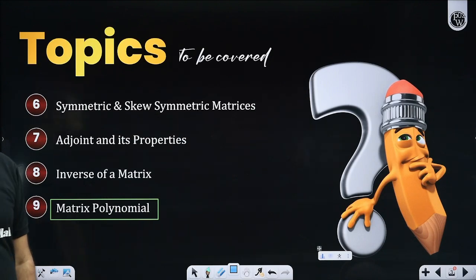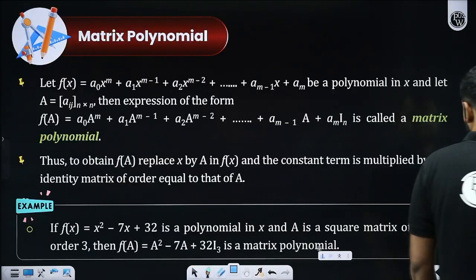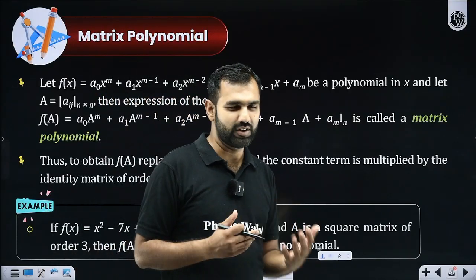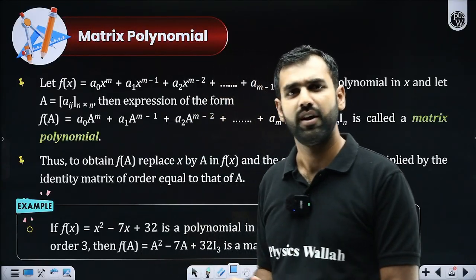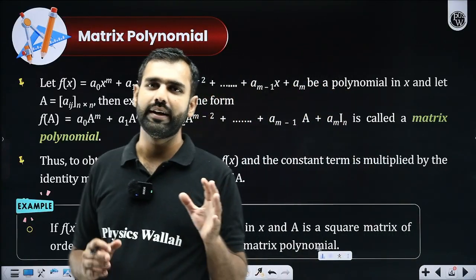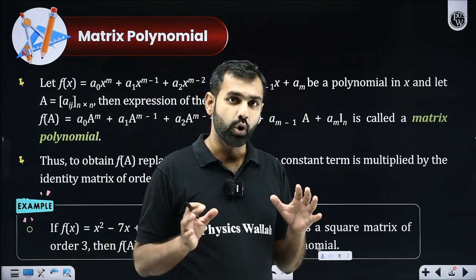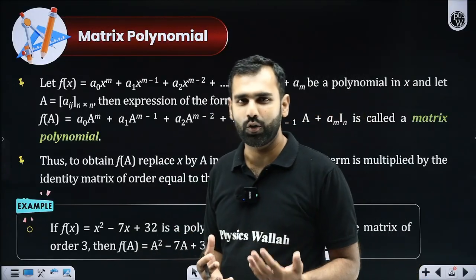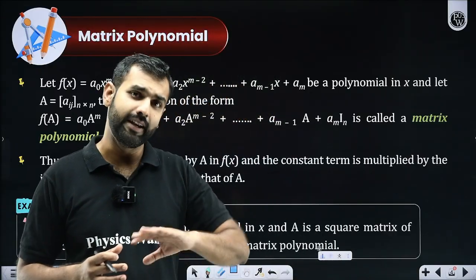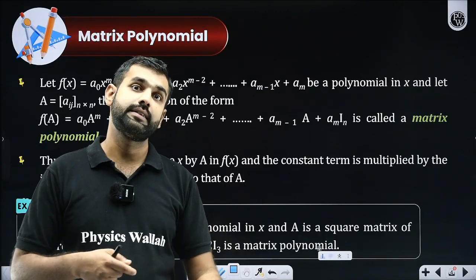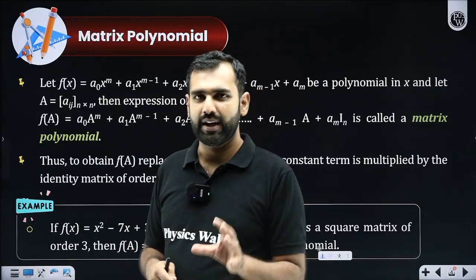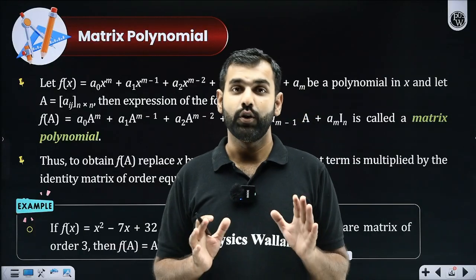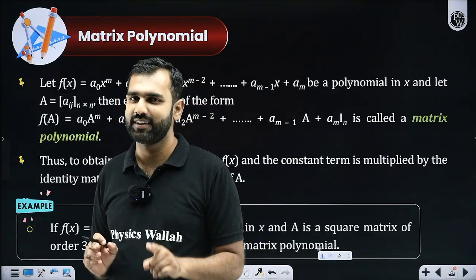I think the number of participants is a little less because of the sudden plan we have brought for you. So I'll keep it simple. You'll be seeing a lot of questions coming in between, but I'll be skipping all those questions. First of all, I'll take you through the entire theory. I'll make you understand the whole theory first, and then we'll start doing questions. Will that be okay? Of course, in between you'll see a lot of questions, but I'll intentionally skip those. Later, once the whole theory gets completed, I'll come back and we'll start from scratch, from question number 1, and do all the questions. I hope you got the agenda, the flow, and the clarity on why this session is so important for you all.